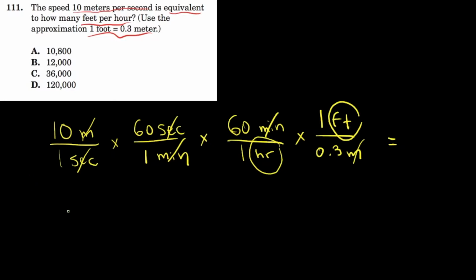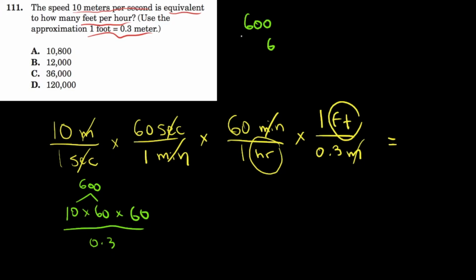So this is going to be 10 times 60 times 60 times 1, over 1 times 1 times 1 times 0.3. So this is 600 times 60. And what is that? I'll do that up here. 600 times 60. I'll just do 600 times 6 and then add a 0. So 0, 0, 36. So this is 36,000